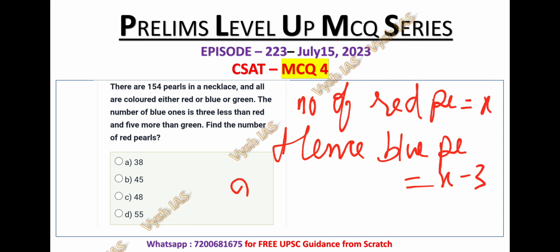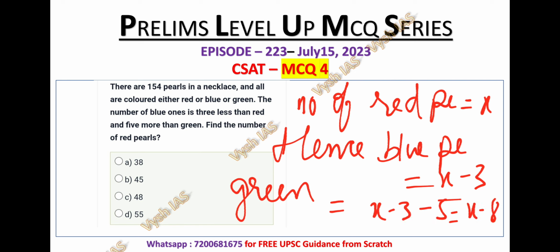Blue ones are 3 less than the red and 5 more than the green. So green pearls is x minus 3 minus 5, that is x minus 8. Blue ones are 5 more than the green, so that's why I am taking blue minus 5 equal to green, x minus 8. According to the question, the total number of pearls is 154. If you do the sum,